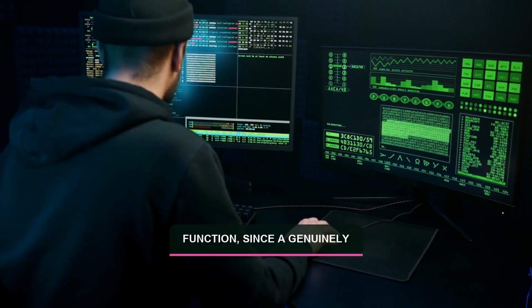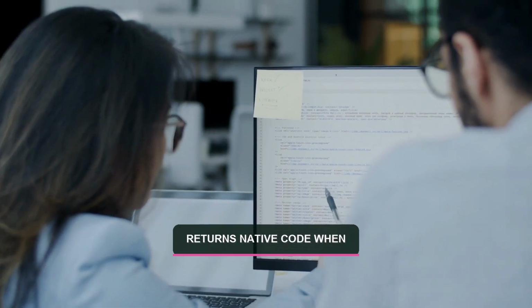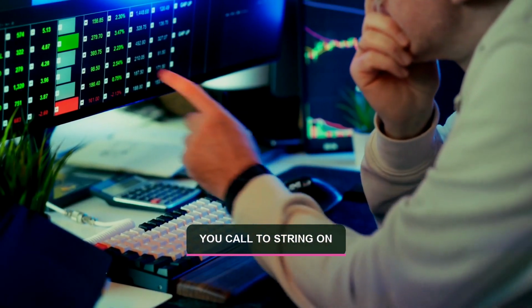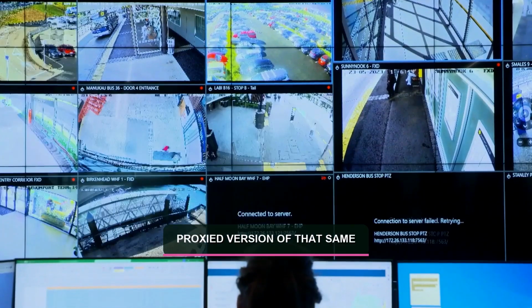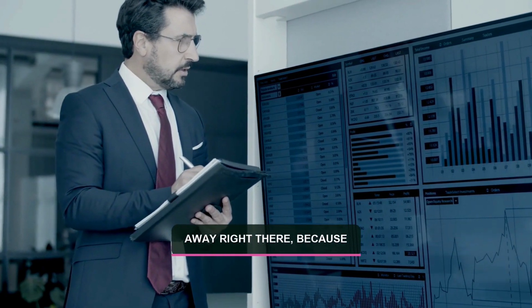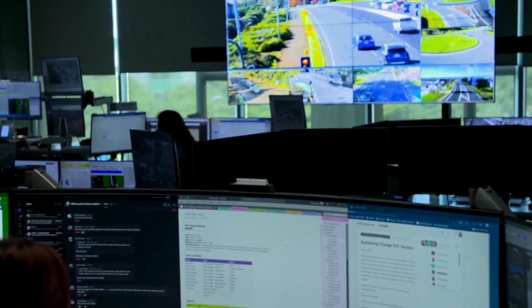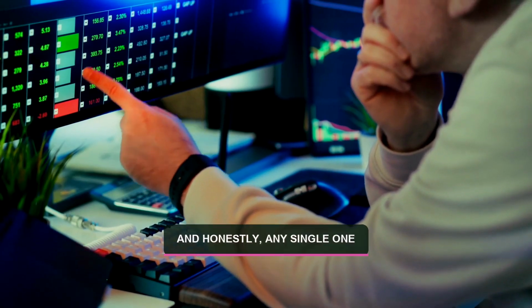run against a suspicious function. Since a genuinely native browser function returns native code when you call toString on it, while a patched or proxied version of that same function often gives itself away right there, because faking that exact native signature is harder than it sounds. None of that is exotic, and honestly,